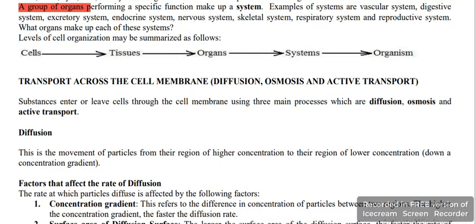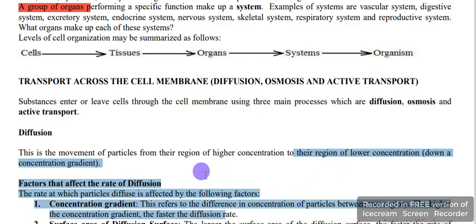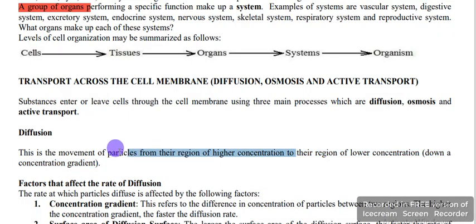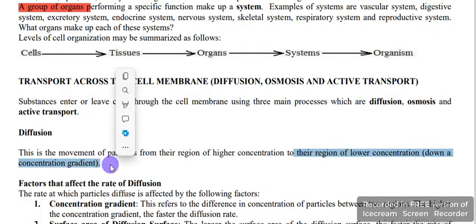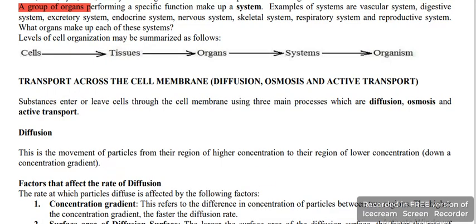What is diffusion? Diffusion is the movement of particles from their region of higher concentration to their region of low concentration, down the concentration gradient. So then the factors that affect the rate of diffusion. The factors are